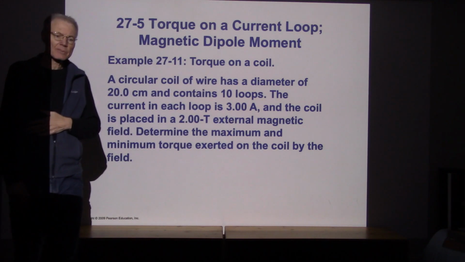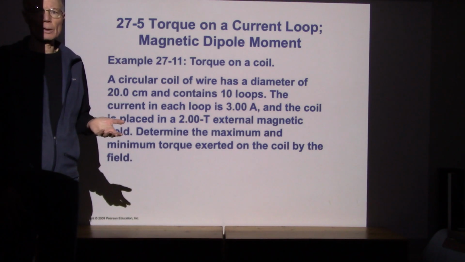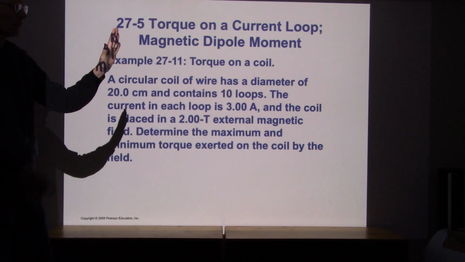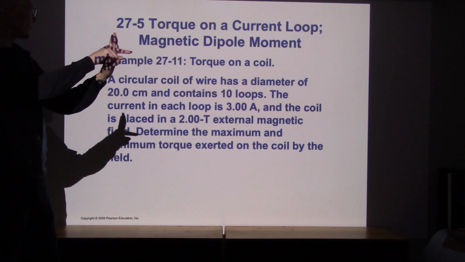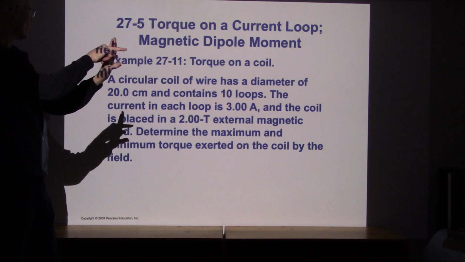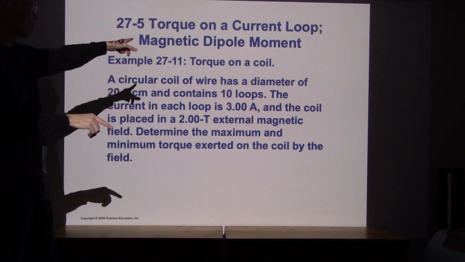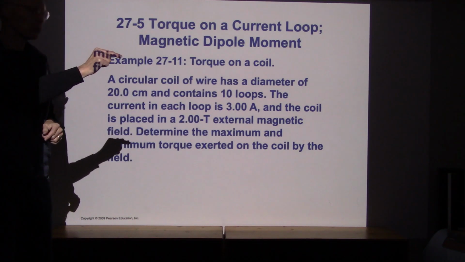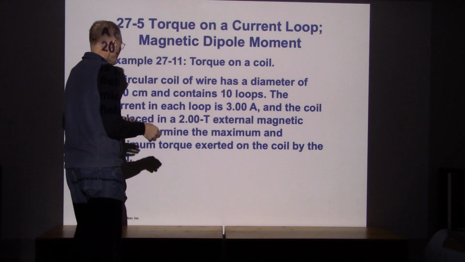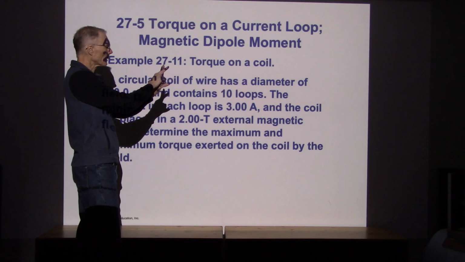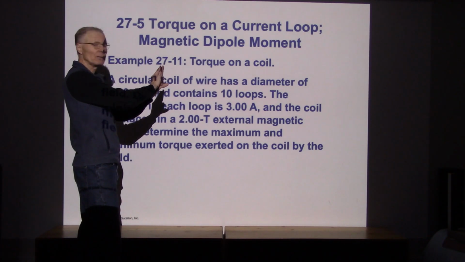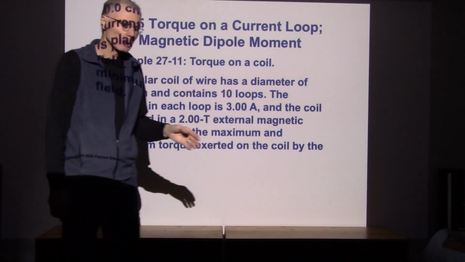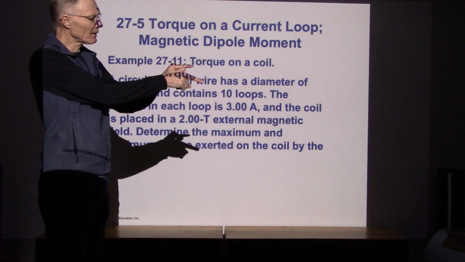Now we know that at certain orientations there's no torque at all. Once we line up the magnetic field with the direction for the dipole, once the dipole's orientation and the magnetic field are pointing in the same direction, there won't be any torque at all. The way we're going to get the most torque is by rotating it back 90 degrees. So if we get that 90-degree orientation between where the magnetic field is,